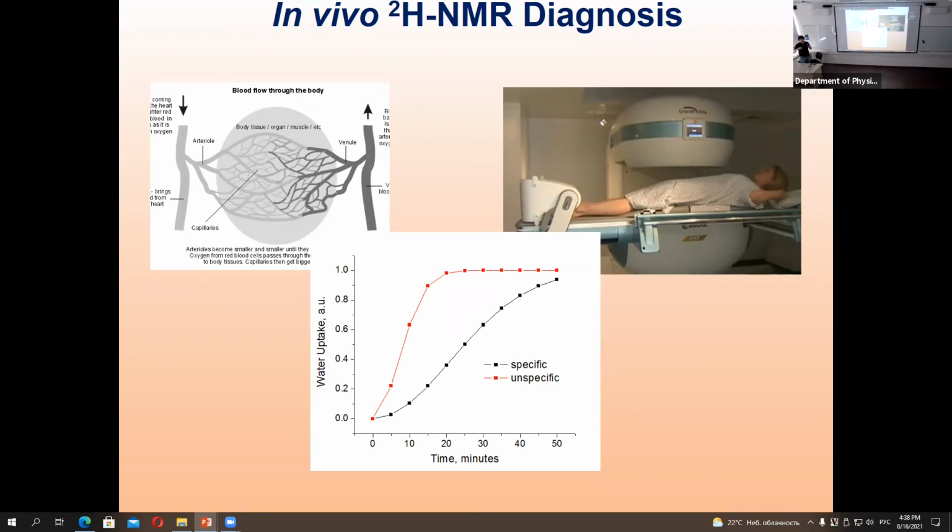The lady is lying, and there are two coils on two breasts, and we are measuring the signal of deuterium. She takes a very small amount of heavy water with a low concentration, and in 5 or 10 minutes we get a rise of the signal, which is going much faster in the tissues corrupted by cancer. Really interesting project. Unfortunately, it stopped because it needed more money. Nonetheless, it's interesting, so I can talk a lot and answer your questions.